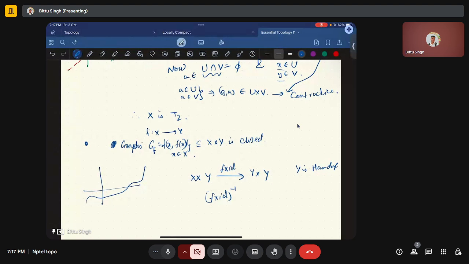So this is the hypothesis: Y is Hausdorff, it is given. So if we consider (f cross identity) inverse of the diagonal, where diagonal means the diagonal of Y, so delta is a subspace of Y, this is actually the graph of f. Why? Because